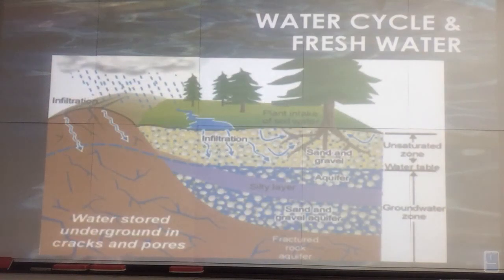And this is a diagram of what these pockets of water might look like. Water gets stored in these underground cracks and pores. It will go into any place that there's a space. And in this top layer of soil, you'll see some water particles, but most of it is down in the lower levels in the subsoil in these large spaces called aquifers. They're just large pockets of space that water filters through.